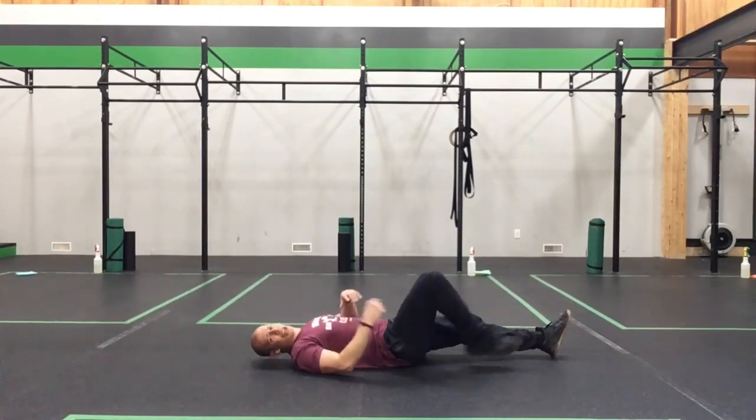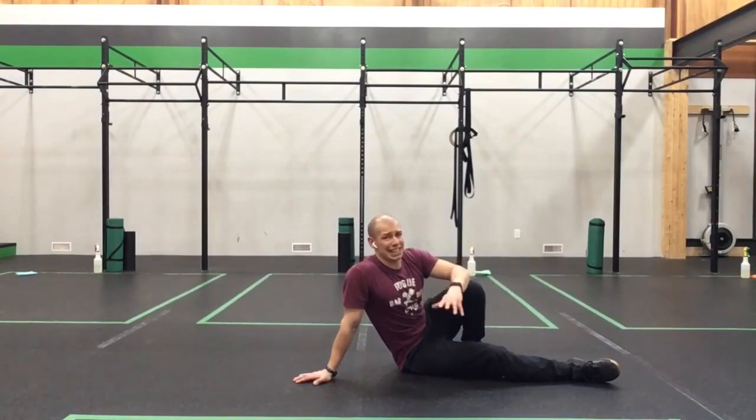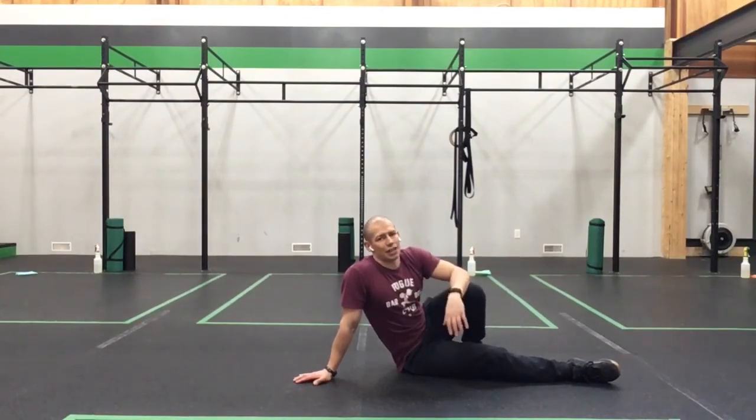So taking your time with this is a challenging movement, and they do burn. You have 30 seconds to do maximal work in there, but we want to make sure that we're maintaining those key criteria of pulling the ribs and hips in, getting that good tuck of the pelvis, and making sure that low back is in contact with the floor. So if you need to, rest, take a few moments. You have 30 seconds to do what you can, but we want to make sure that we're maintaining that good